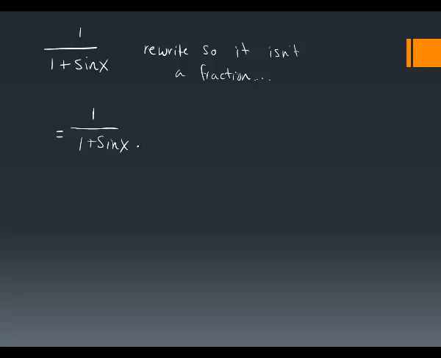And how do we get rid of stuff on the bottom? Well, we multiply it by its reciprocal, 1 minus sine x. And we have to do that by multiplying the top and the bottom by it. Why are we doing this? Well, we'll find out. By multiplying by its reciprocal, we end up getting what that value is. And if you multiply it through, just like factoring, first, outside, inside, last, we FOIL, excuse me, not factor, we get 1 minus